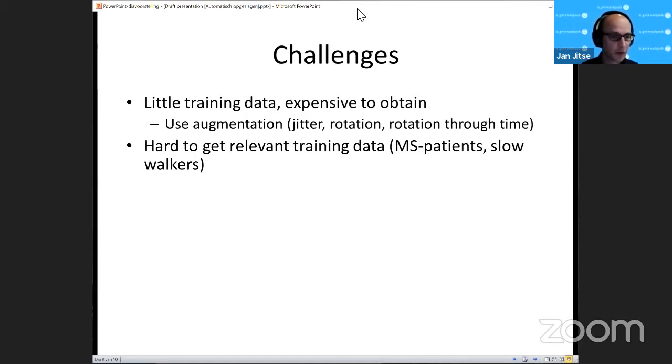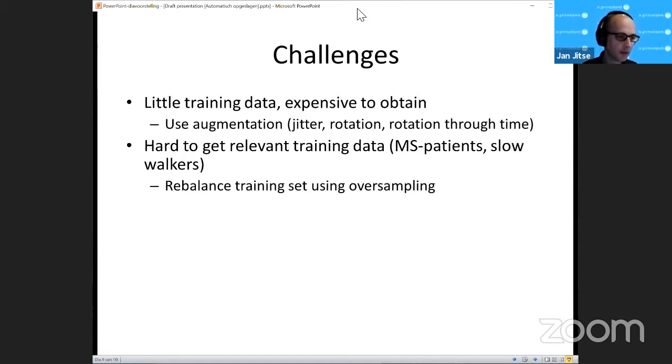But the question was how representative this data is for EMS patients. That's still a bit of an open question, because there are all kinds of legal considerations if you want to gather data from patients. I'll talk about this at the end.